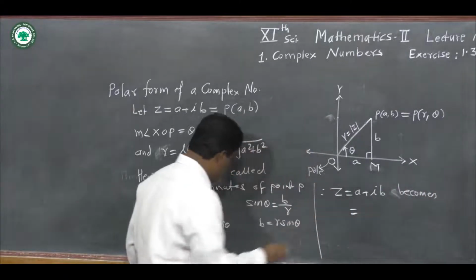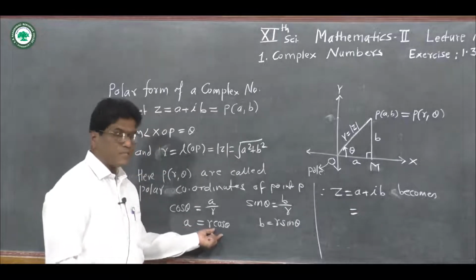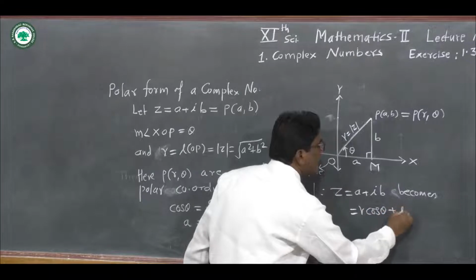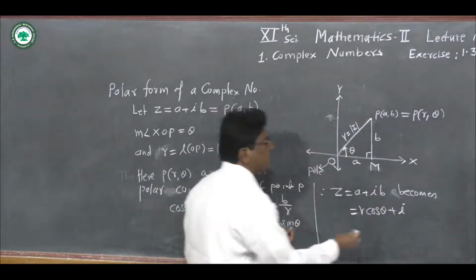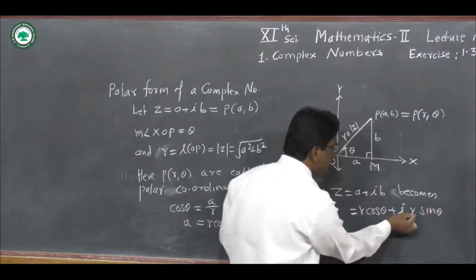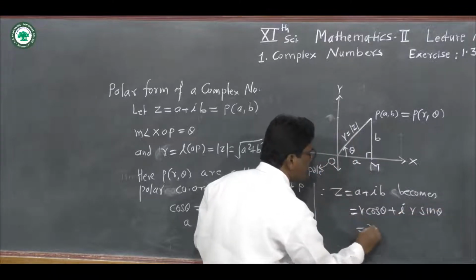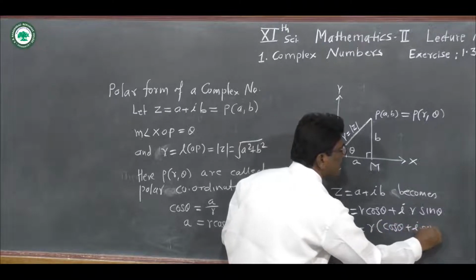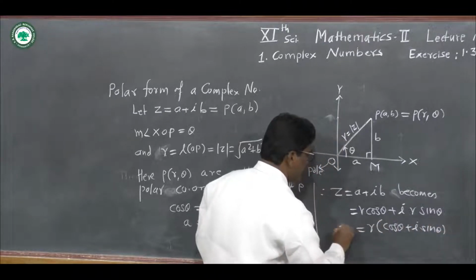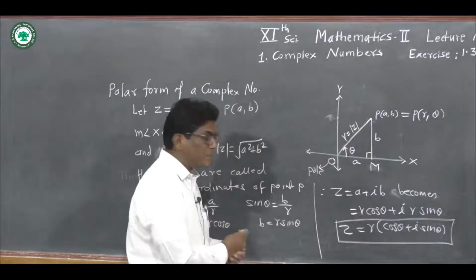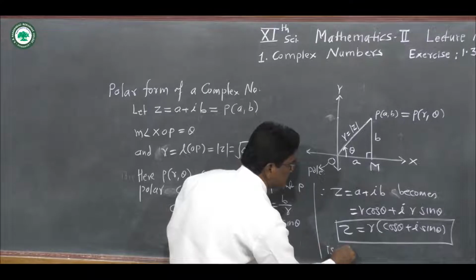equal to, put the value of A, which is R cos theta, plus I, put the value of B, which is R sin theta. Here we take R common. So R in the bracket, cos theta plus I sin theta. Z is equal to R in the bracket cos theta plus I sin theta is the polar form